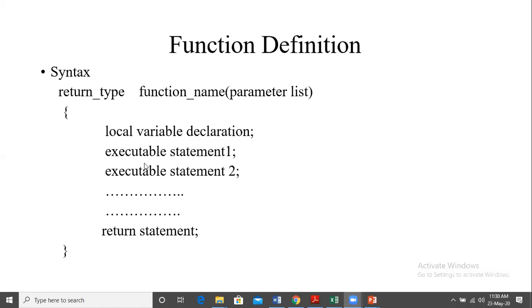Okay. And then we have certain executable statements. Say we want to add, so we will have a statement for add. If we want to print the result here itself, we can have a printf statement. We can have any number of statements here. All those are executable. And then we have one more important thing, the return statement, right? So in a function, there is a return statement. It returns the answer back to the calling function. Usually in main, we will call the function, so the answer is returned back to main. Okay. Let us continue with an example.